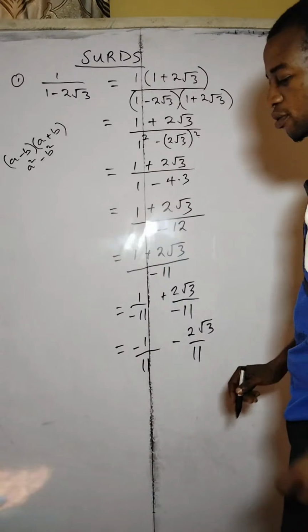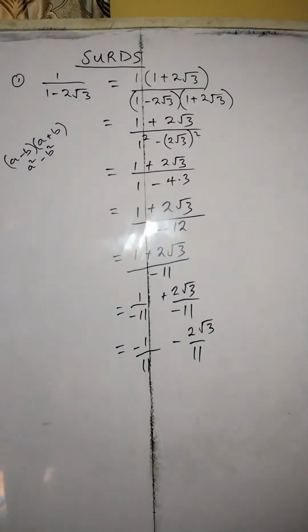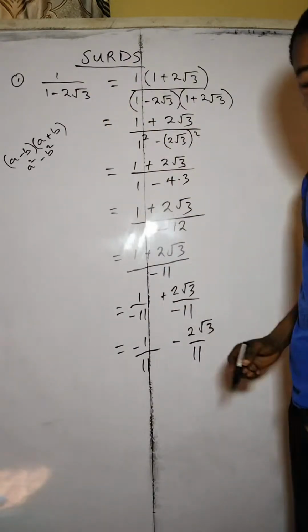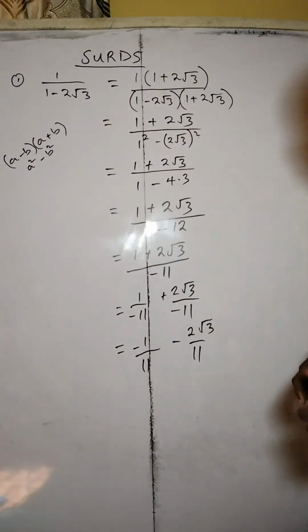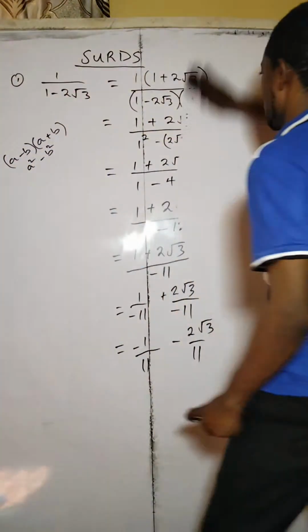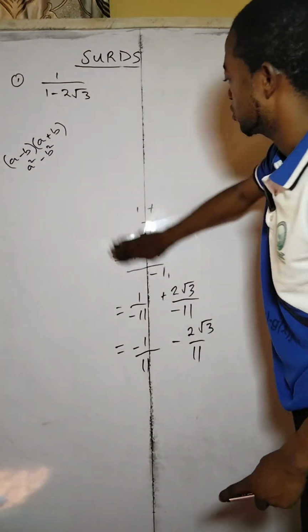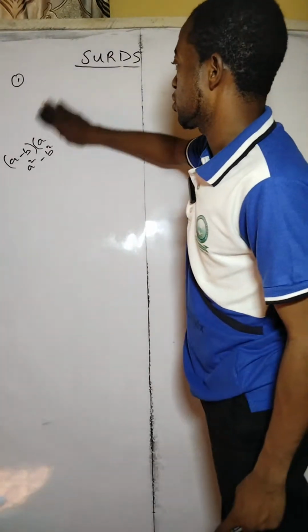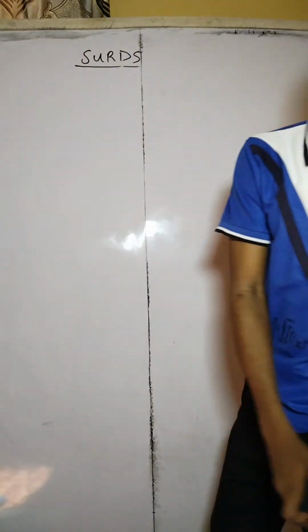So here we can leave our answer in that format. So that is how to solve this particular problem. And we simplify it to this one. Now let's look at another one here. As number 2 on this problem. Number 2 here, we have